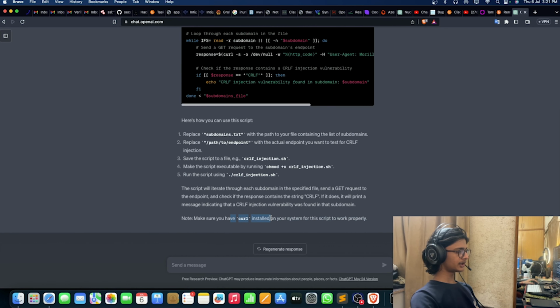All you need is curl properly installed on your device. Now that's the basic usage of making a script. You can also make an advanced script, like suppose you want to create any sort of automation script. How will you do that? You can command it to create a